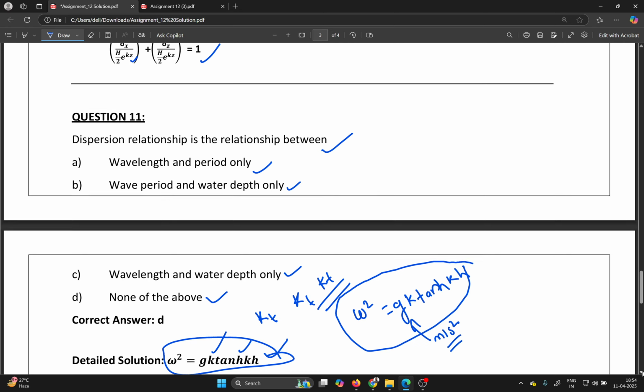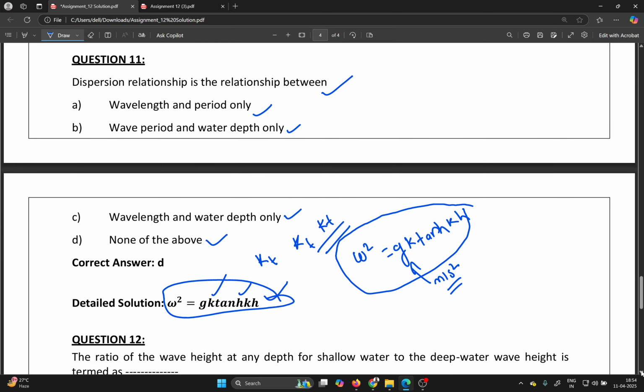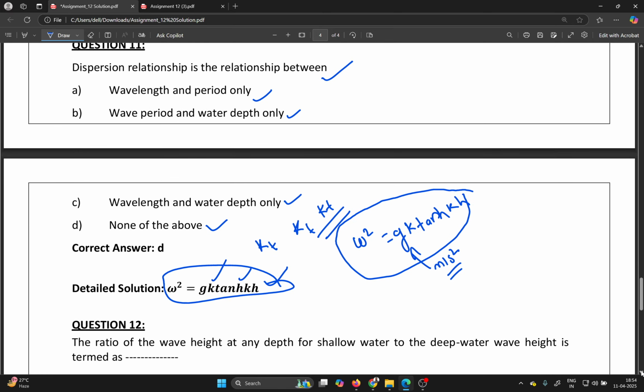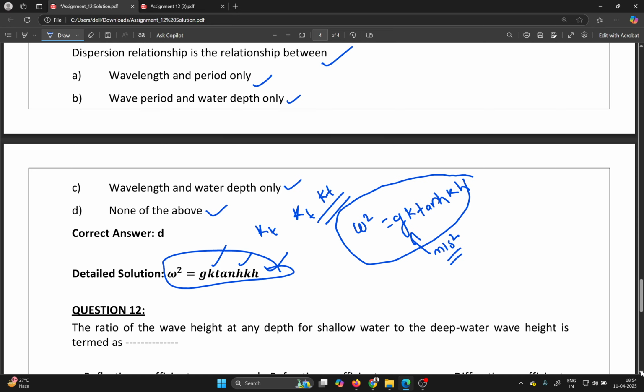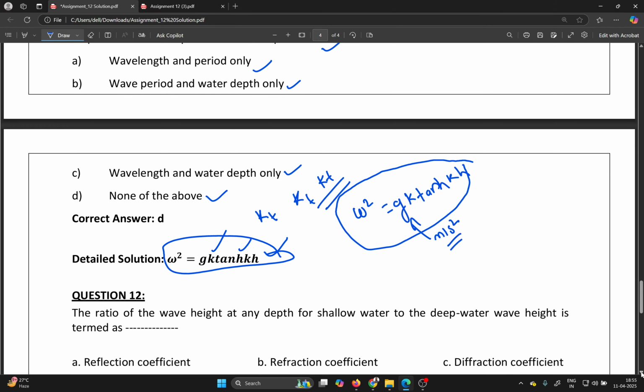Okay, now question number 12. The ratio of wave height at any depth for shallow water to deep water wave height. Remember please, the ratio of wave height at any depth for shallow water to deep water wave height is termed as, one terminology is there for this. So what should be the term? That is the